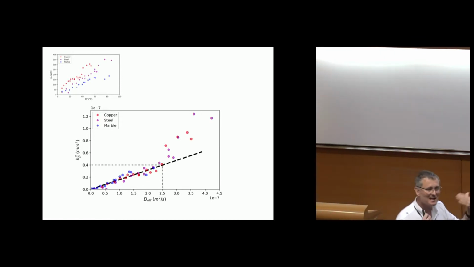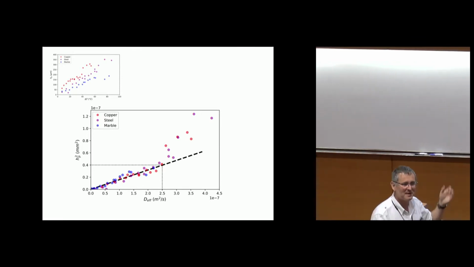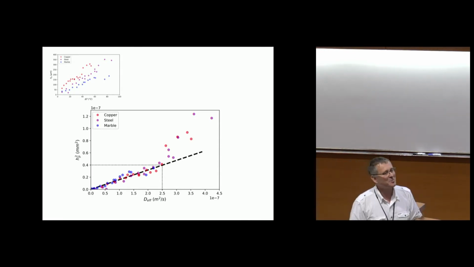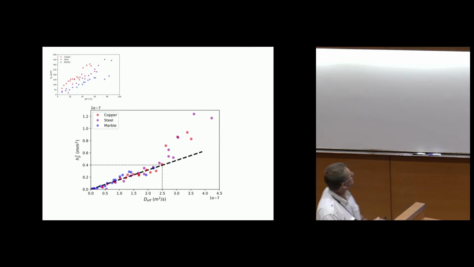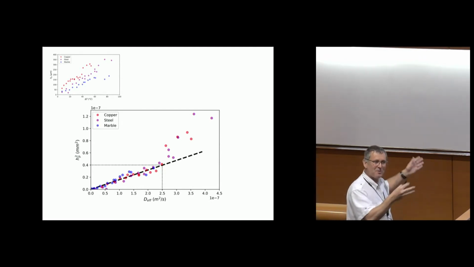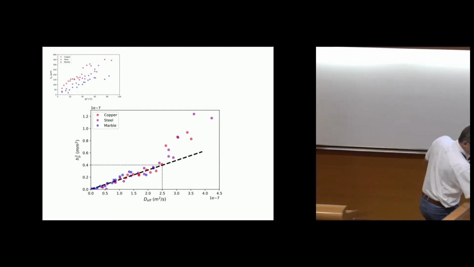The fact that it collapses on a single line means that there is a single time. And this reminds us of what we observe experimentally, which is that we have a waiting time before the retraction of the liquid appears, which is almost constant. So we would like to check whether this time that you can deduce from this curve is the same as the waiting time that we can measure in another way. So that's exactly what we have done.